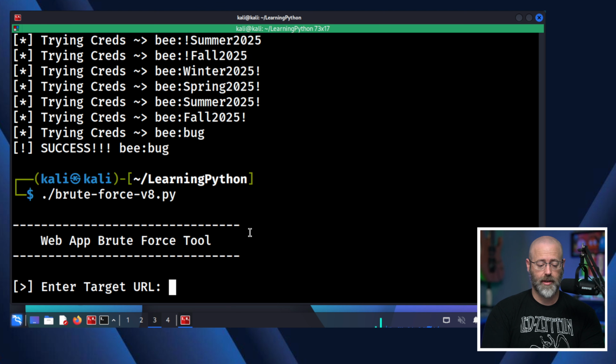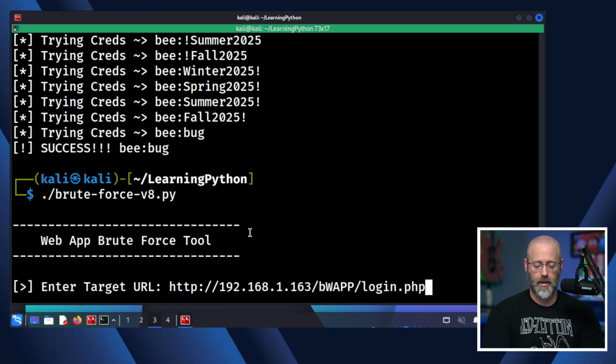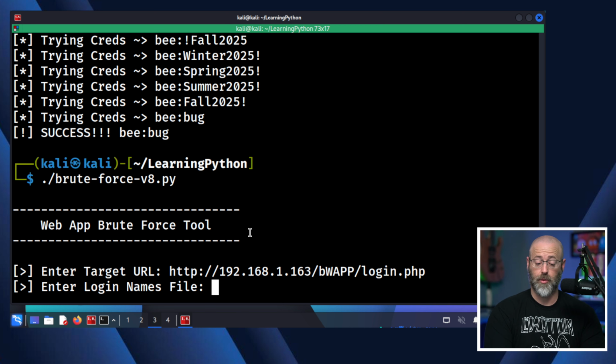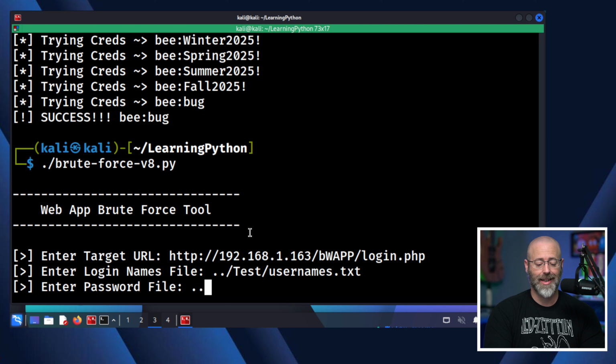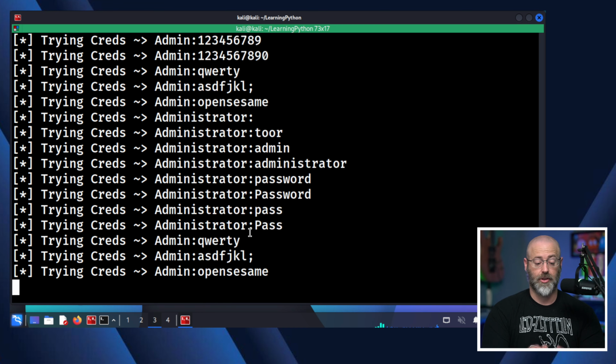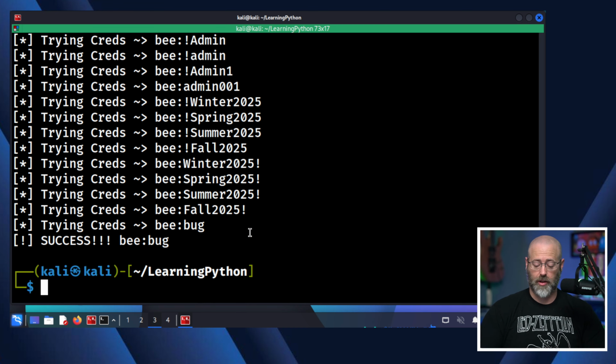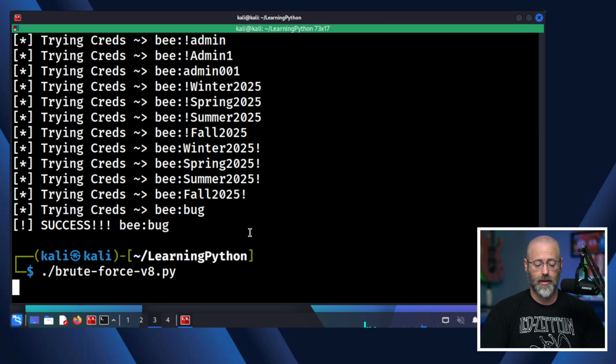Let's retest. This time we will do the same here with 192.168.1.163/bwapp/login.php. And for the file name, we're going to give it ../test/usernames.txt and ../test/passwords.txt. Let's see if everything works well here. That worked fine. Okay, one last try, and we're going to use the absolute path on that one, which is,